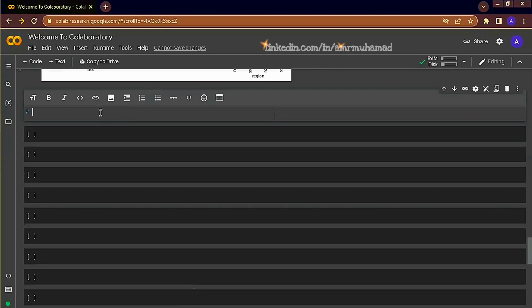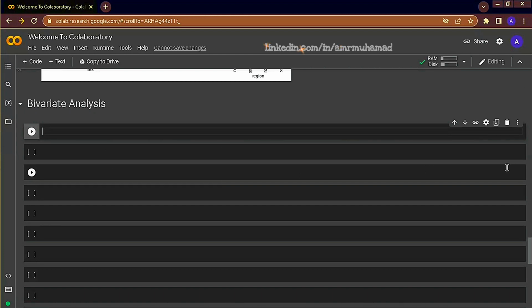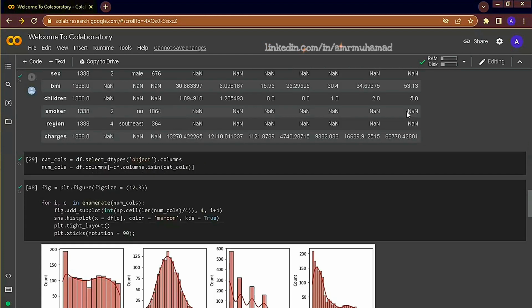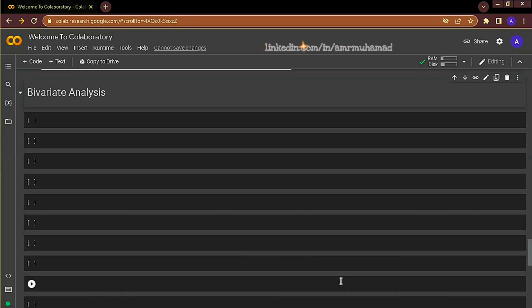Now into bivariate analysis. By bivariate, we are going to look into relationships between each variable. We are actually concerned with understanding the relationship between all the variables and the charge variable, and let's call the charge our target variable. It is the one we want to analyze and understand what affects the amount of a charge for each customer. So let's begin with understanding the relationship between numeric and numeric variables. To do this, we are going to use correlation.